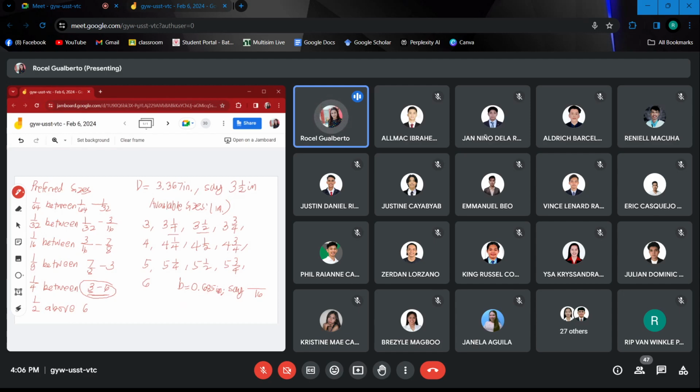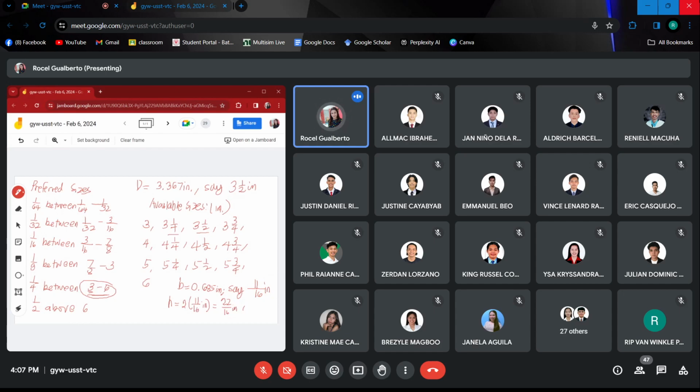Okay? At saan po pinakamalapit yung 0.685? This would be equivalent to your 11/16. 11/16 po, ma'am. Okay, correct. So, 11/16 of an inch. Yun po yung value ng atin na B. And for H naman po, that would be 2 times 11/16 of an inch kasi 2B po yun. Okay? So, we yield here